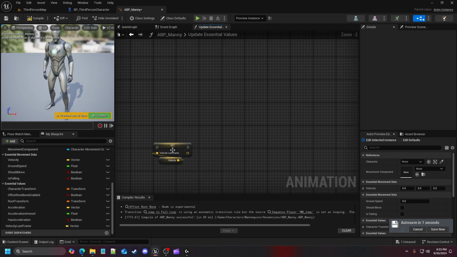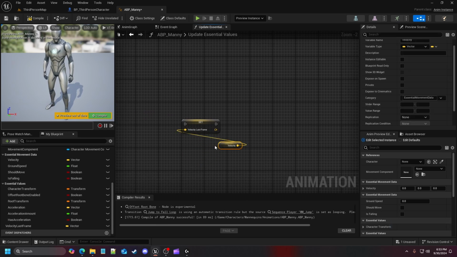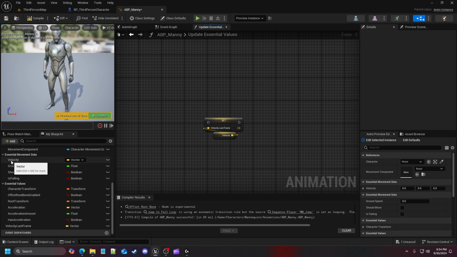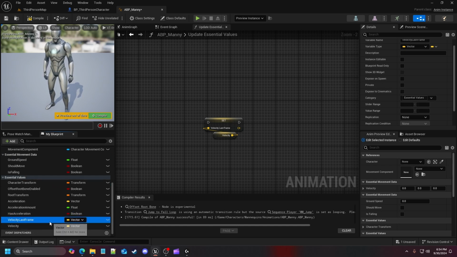To go over what I have here compared to my notes: this retrieves the current velocity of the character from the character movement component, and it contains both the direction and the speed magnitude of our character. And then this stores the character's velocity from the previous frame and is essential for calculating changes in velocity, which is used to determine acceleration and other factors. So I'm now going to move velocity from essential movement data down into essential values underneath acceleration. And then I'm going to move my velocity last frame in there